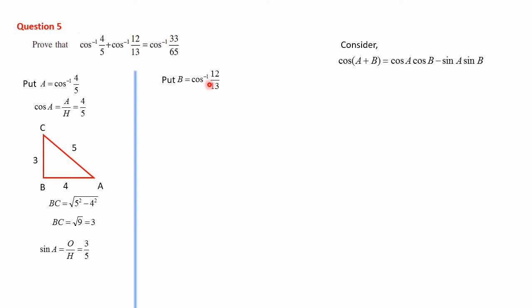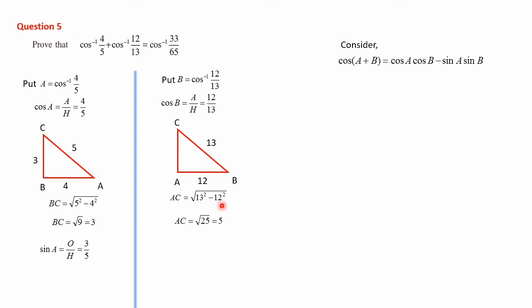Then come to the next part, the B part. From here, when you take cos inverse to the left side, it comes as cos B is equal to A by H, which is 12 by 13. Again, let's take a right angle triangle and we have fixed angle B here. With respect to B, adjacent is AB, hypotenuse is BC. So let's mark 12 and 13, and we need to calculate the shorter side, that is AC. That is root of 13 square minus 12 square. This is quite familiar for us now, so let's go a little faster. AC is equal to root of 169 minus 144, that is root 25, equal to 5. So AC we have got as 5.